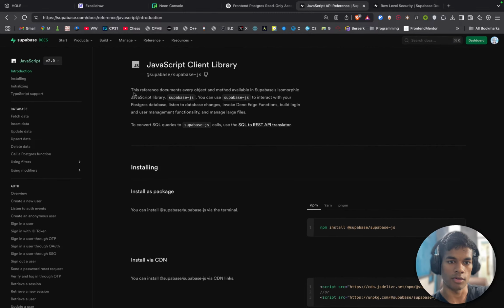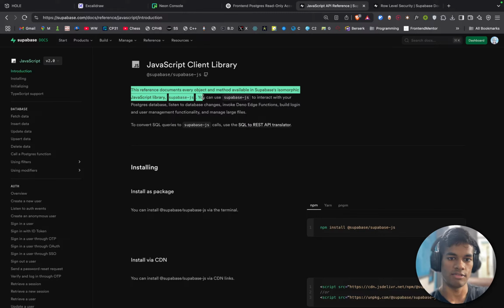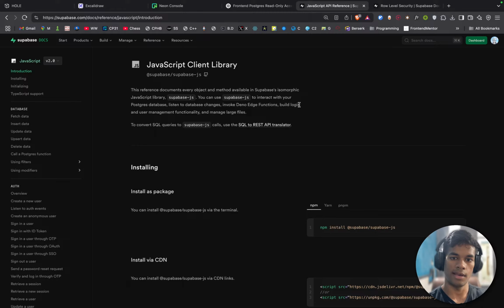Yes. This reference document documents every object and method available in Supabase. Isomorphic JavaScript library, Supabase JS. You can use Supabase JS to interact with your Postgres database, listen to database changes, invoke Deno edge functions, build login and user management functionality, and manage large files.